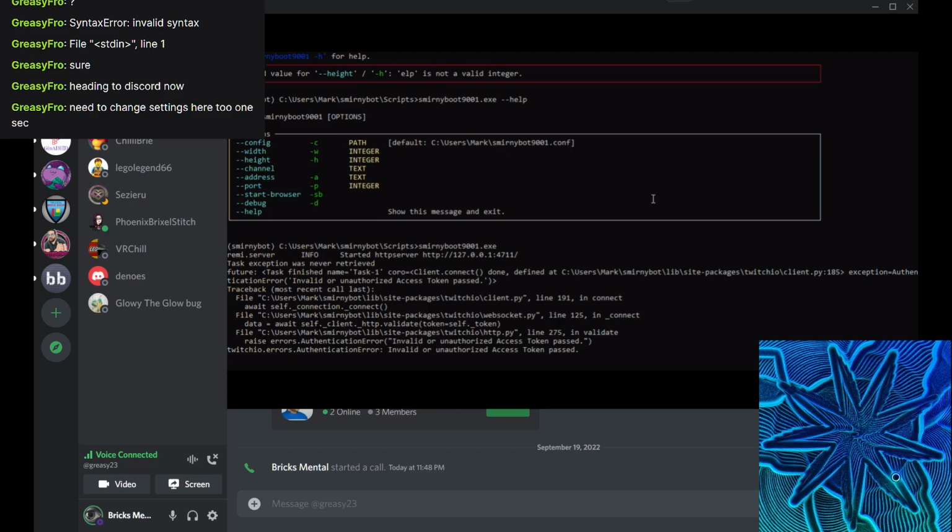And once you created that account, make sure you are logged in with that account in your browser, and then we can create a token for that account.